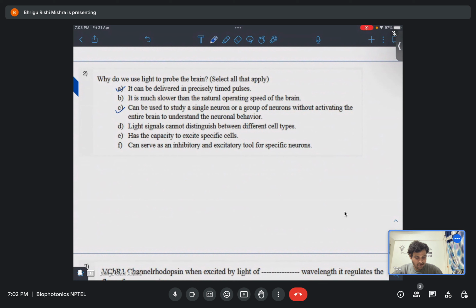Light signals cannot distinguish between different cell types. This is wrong. Has the capacity to excite specific cells. This is also correct. Can serve as an inhibitory and excitatory tool for specific neurons. This is also true. Okay, so as per the Wikipedia definition,